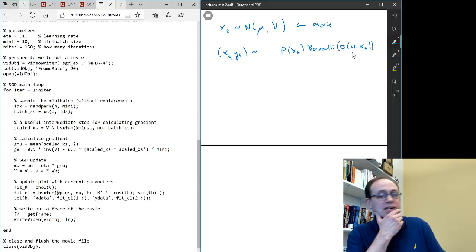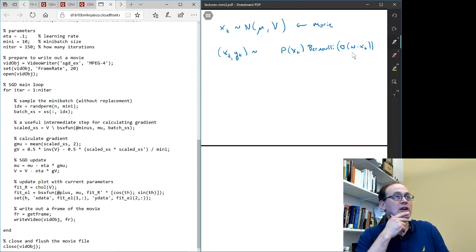So somebody's asking now about mini batches. So you can see exactly in the code how we treat the mini batches. But the question is whether we are using the same mini batch over and over, and the answer is no. You select a separate mini batch on every iteration of stochastic gradient. And if we iterate for a large number of times, are we eventually going to use all the training data? Yes, if we just keep selecting random mini batches, eventually you're going to just randomly happen to hit every example